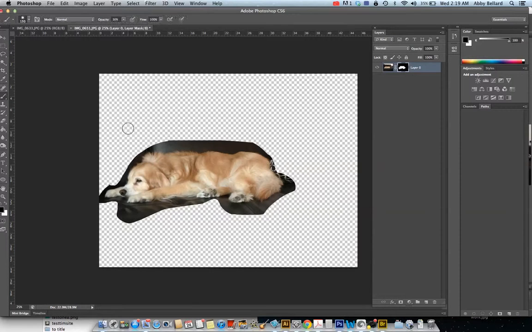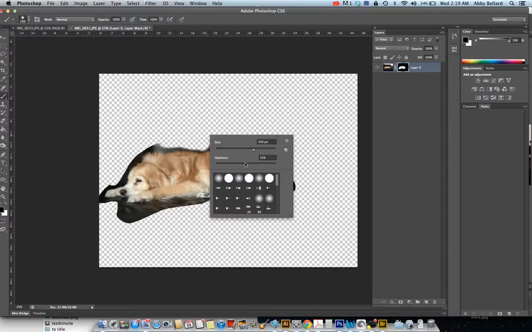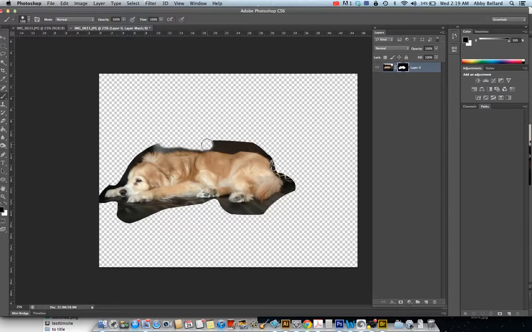Remember, when you paint with black, you're painting out. When you paint with white, you're painting in. I have my opacity way down, so I'm going to turn it to 100, and I'm going to paint. If I right-click by hitting the Control key, I can change my hardness and the size of my brush. Now, I'm not going to go too crazy with this because the video would be a million miles long,